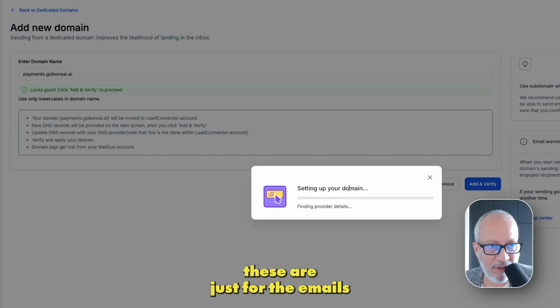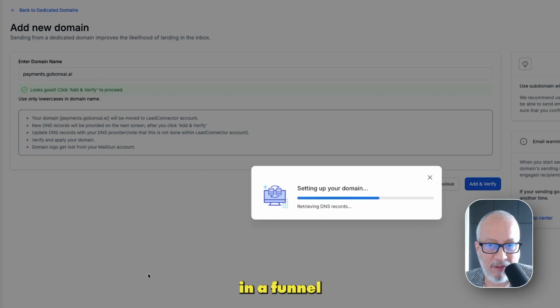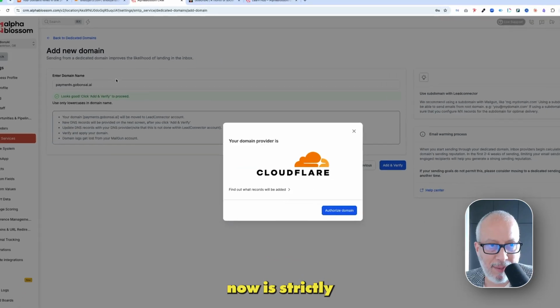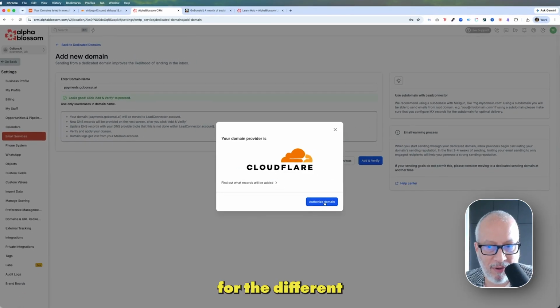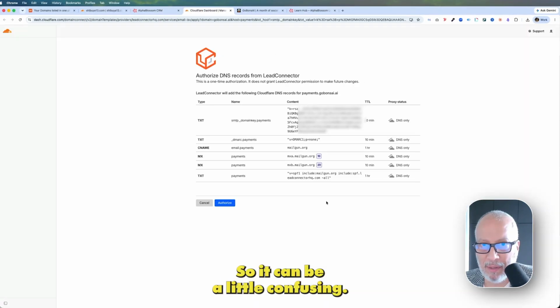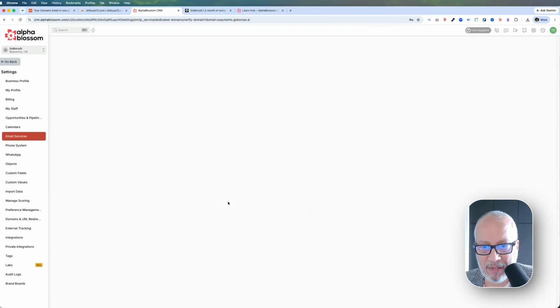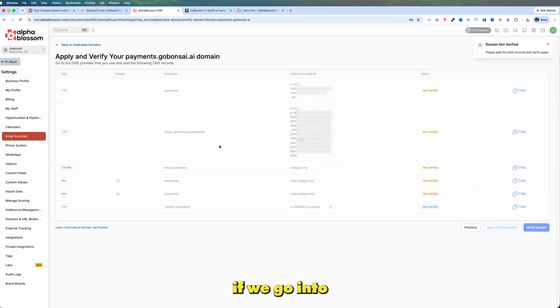So again, these are just for the emails domain side of things. So for example, the payments on the front end would use the link.gobonsai.ai, or if I have it embedded in a funnel, it's going to use that domain. What we're setting up now is strictly where the emails are coming from for the different parts of the app. So it can be a little confusing, but,